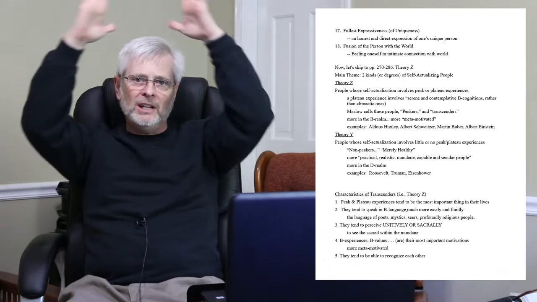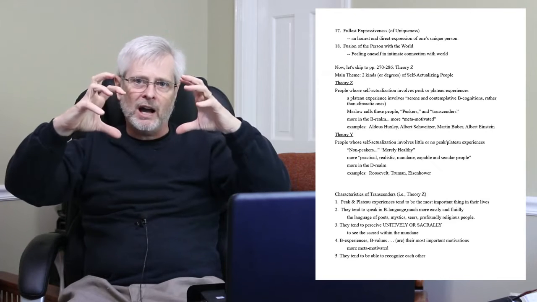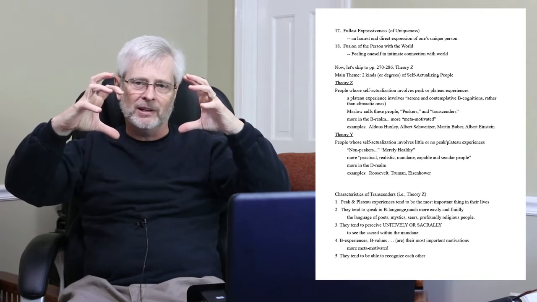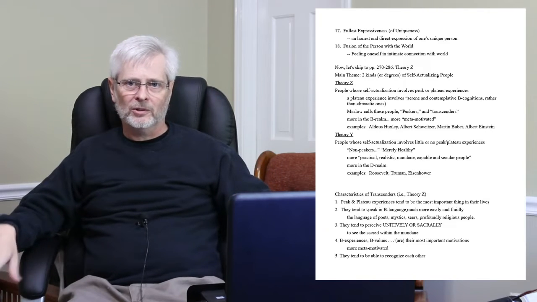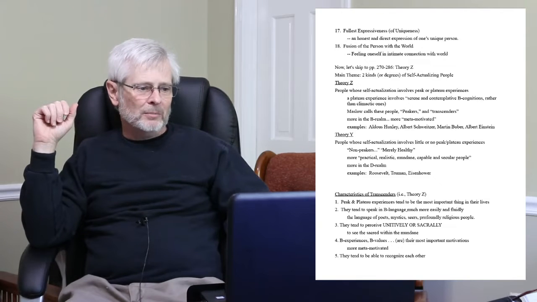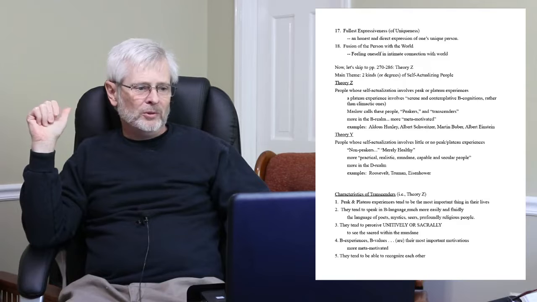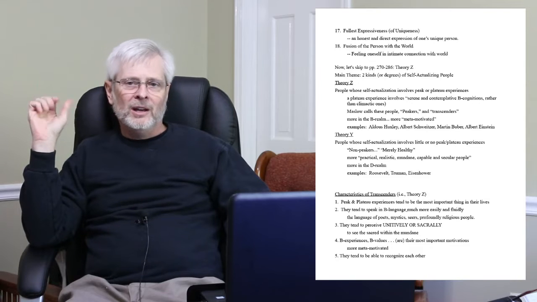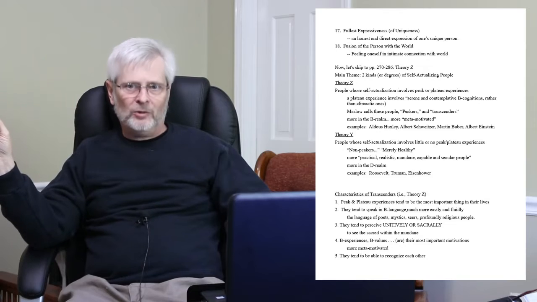Now, Theory Z is going to be at the very topmost part of the pyramid. Theory Y is going to be a little bit underneath it, and then we get down to the layers of psychological needs and then physiological needs all the way at the bottom of the pyramid. So Theory Z is going to be at the topmost part. So what is Theory Z? Theory Z has to do with people whose self-actualization involves peak experiences or possibly plateau experiences.